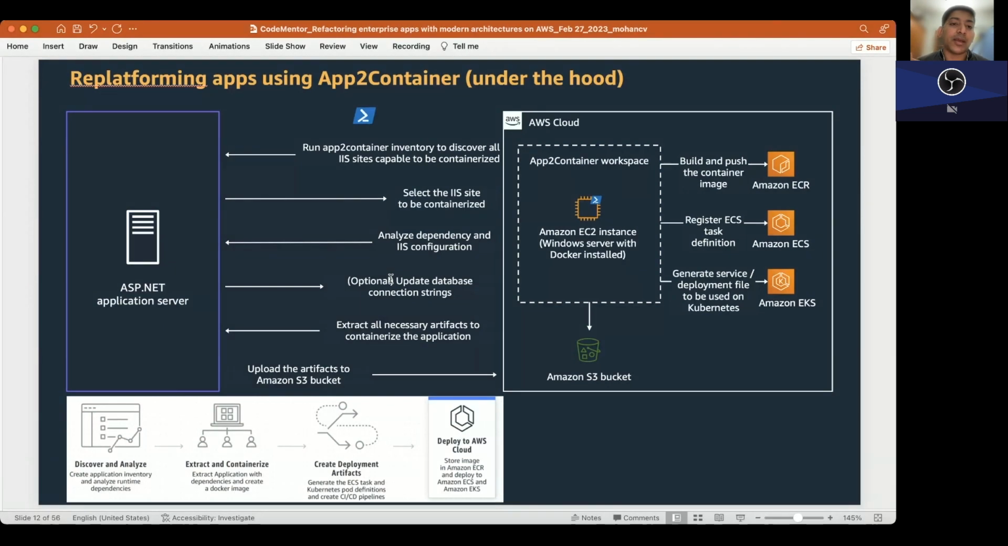Now, the next step is where you're going to be choosing which container orchestration platform to use. Whether ECS or EKS is totally your preference to make. If you happen to choose ECS, then App2Container is going to register and create an ECS task definition for you. Think of a task definition as a sequence of steps, right? App2Container and the task definition are going to tell the ECS control engine to